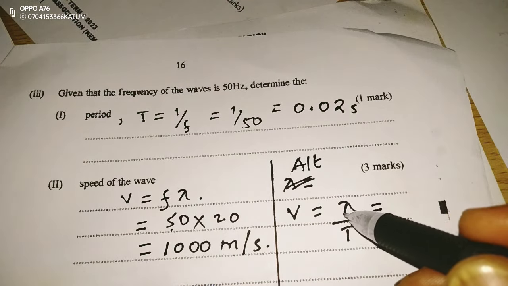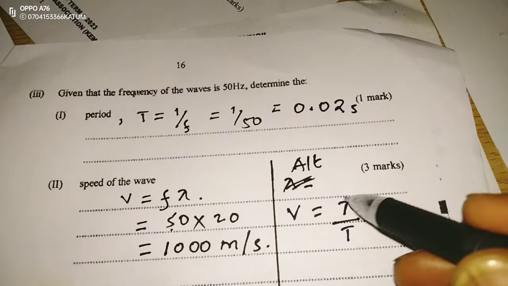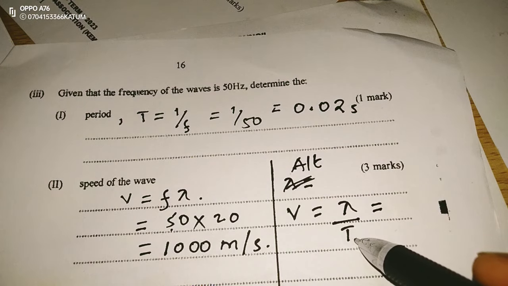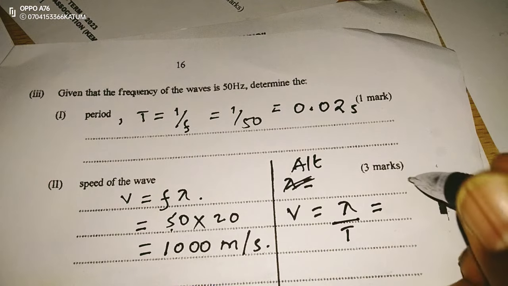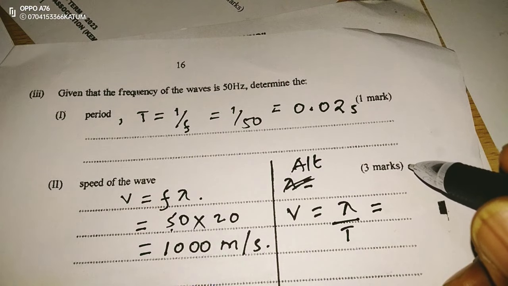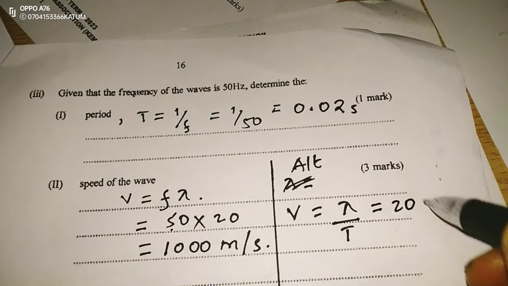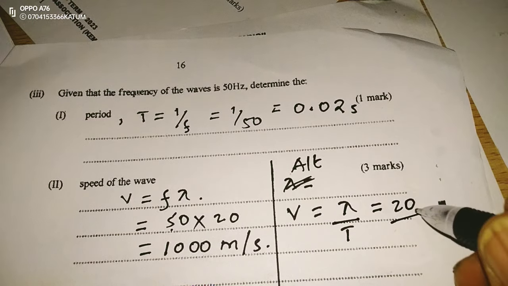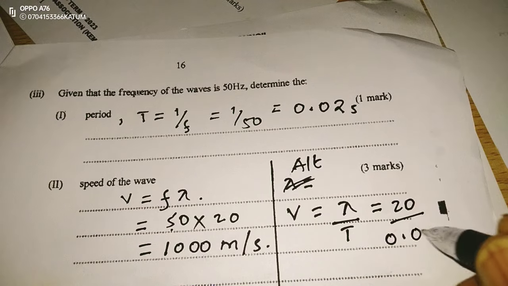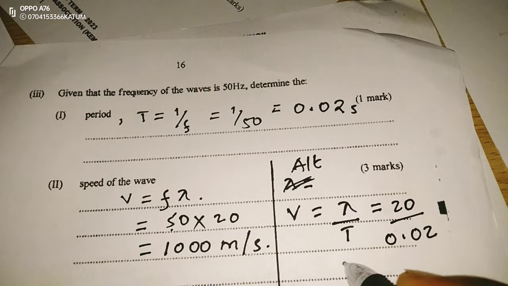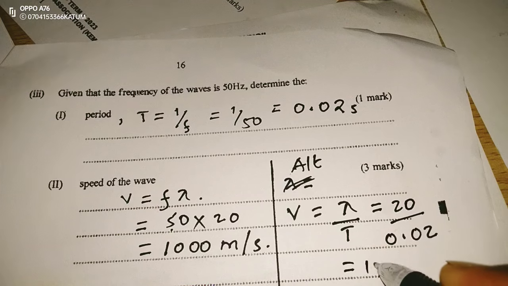So wavelength is a distance, and the period T is the time taken to cover a complete wavelength. Therefore, with a wavelength in this case of 20 and a periodic time of 0.02, we will get the same speed of 1,000 meters